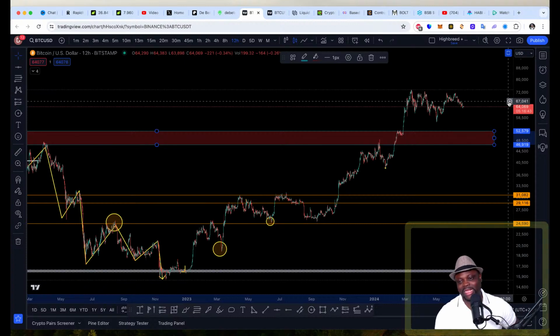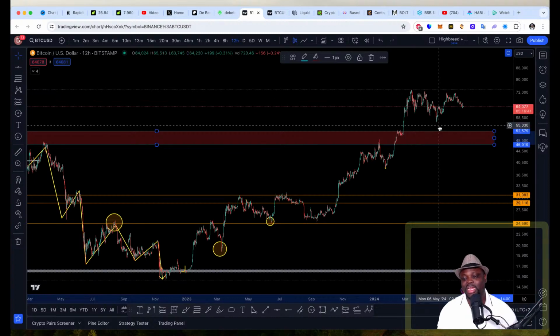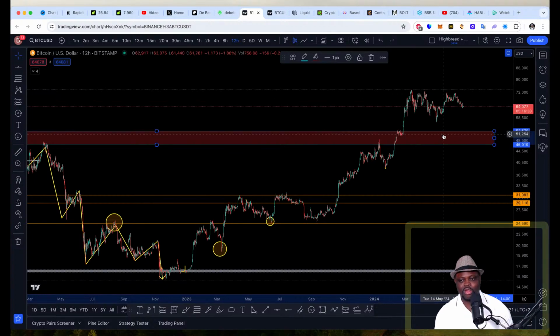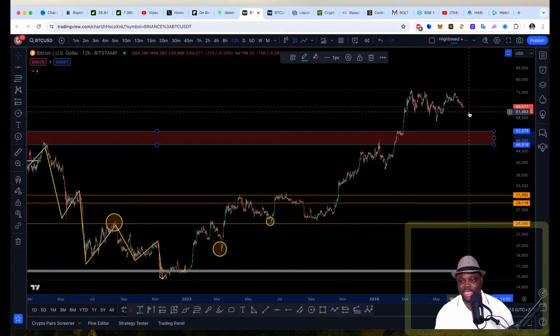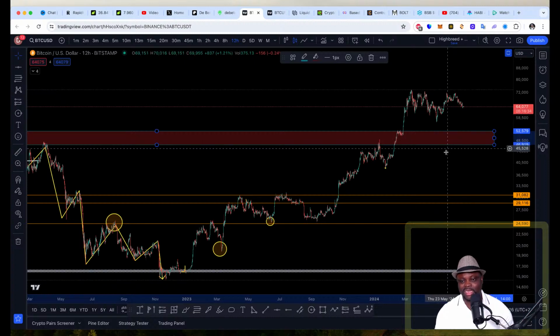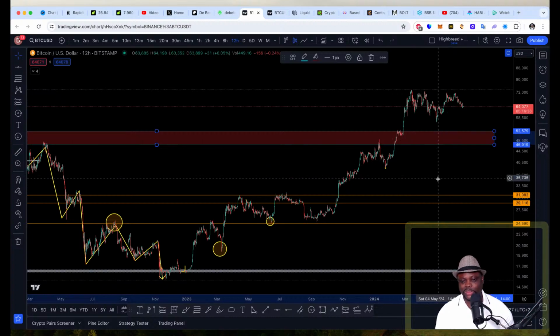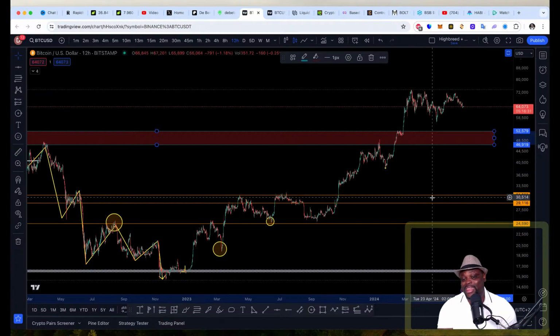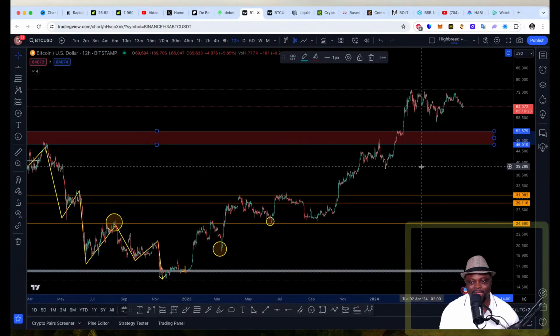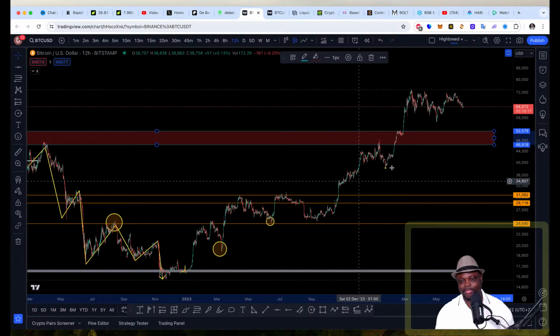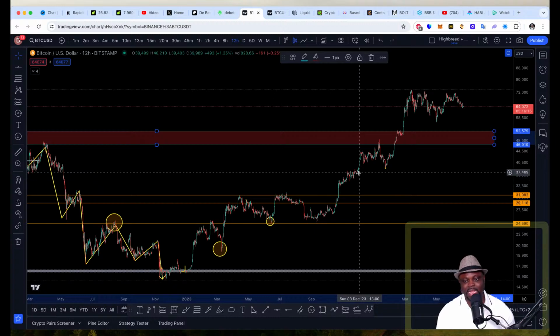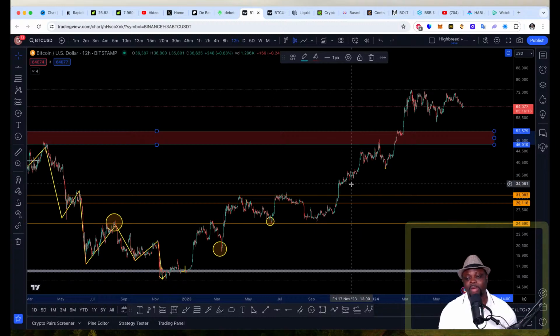Maybe next year or this year before the election, maybe next month or this month, we might see something happen. Because if price manages to get to 50K, it means that it can easily get back to 31K. That's possible, I think so. But if price is not able to get there, then price might never come there again, depending on demand and supply or what the market makers want to do. So I'm just saying based on TA, how price moves. It doesn't mean that price must come back there.